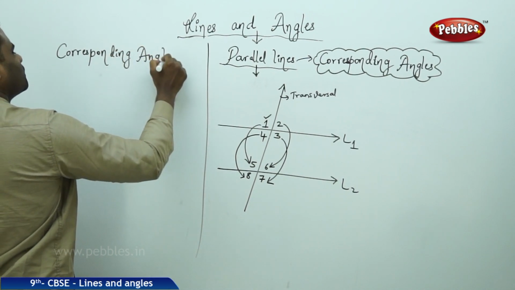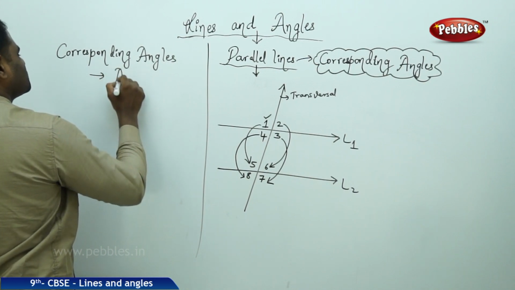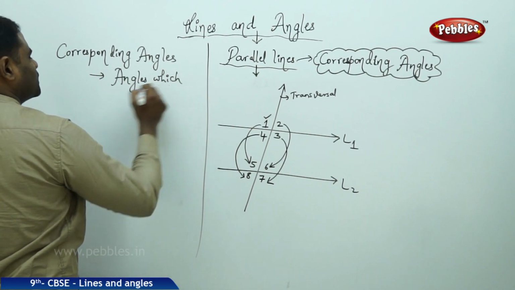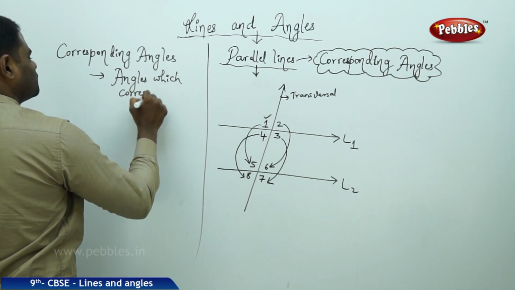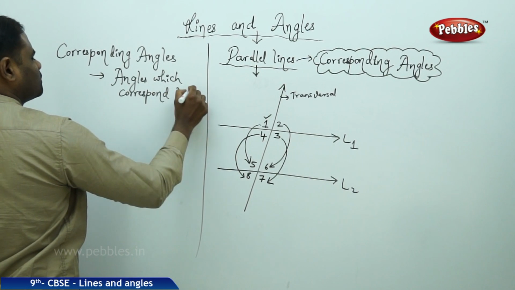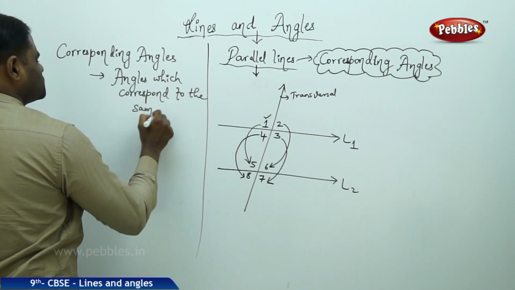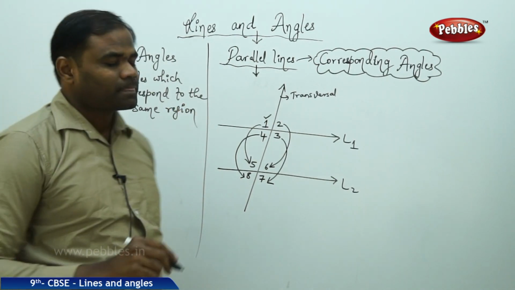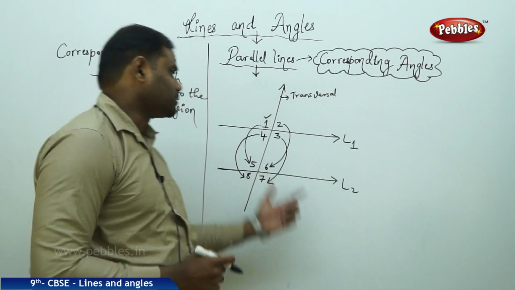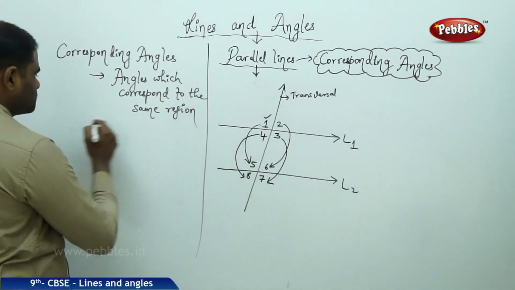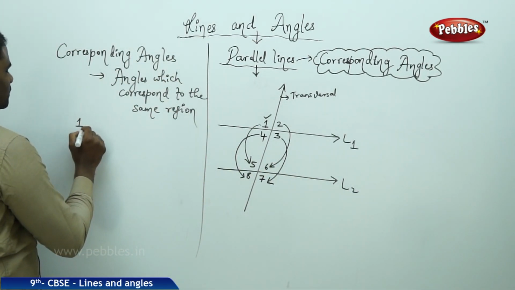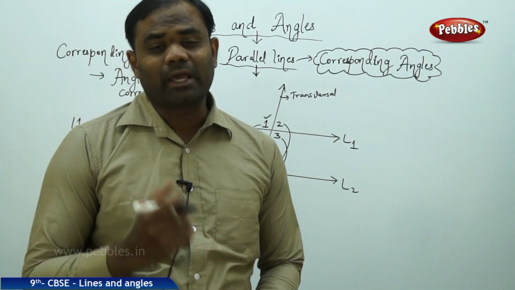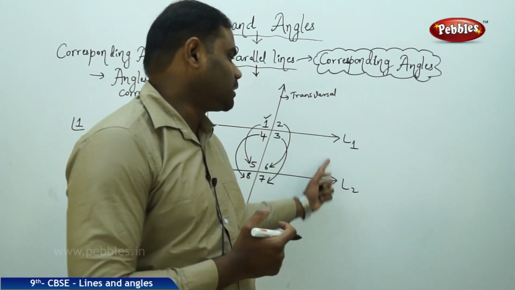Corresponding angles are the angles which correspond to the same region. So angles which correspond to the same region are corresponding angles. In this case, angle 1. And interestingly, in parallel lines, the corresponding angles are equal only when the lines L1 and L2 are